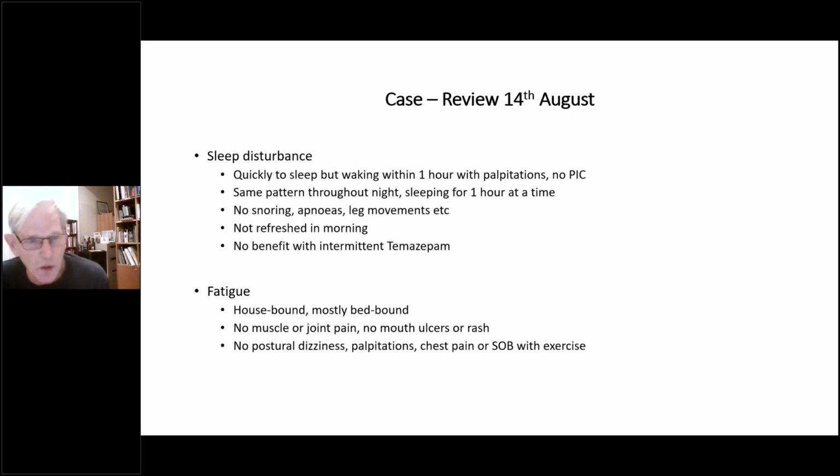I saw the patient as a sort of second opinion, and I think this might be a relatively common pathway, particularly to look for any